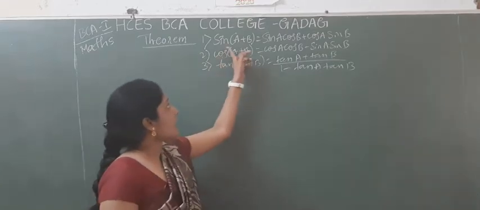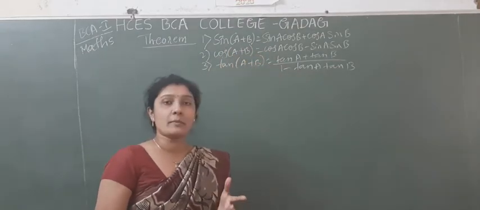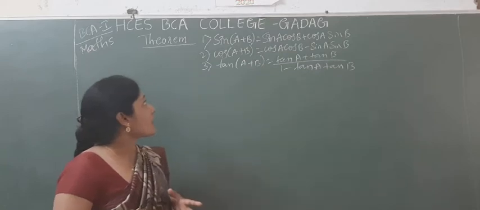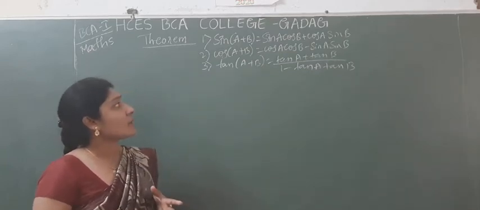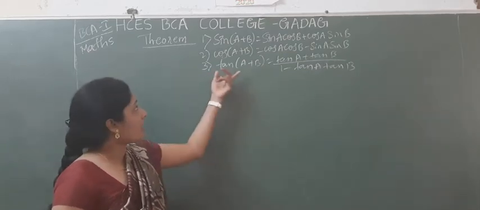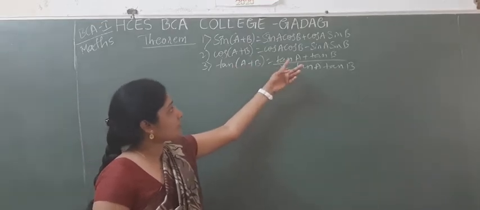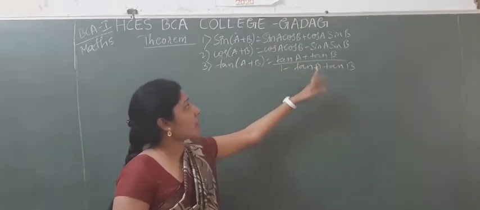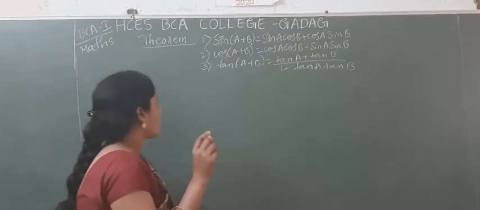That is, sin(A+B) equals sin A cos B plus cos A sin B. Then cos(A+B) equals cos A cos B minus sin A sin B. And tan(A+B) equals (tan A plus tan B) divided by (1 minus tan A tan B). So here